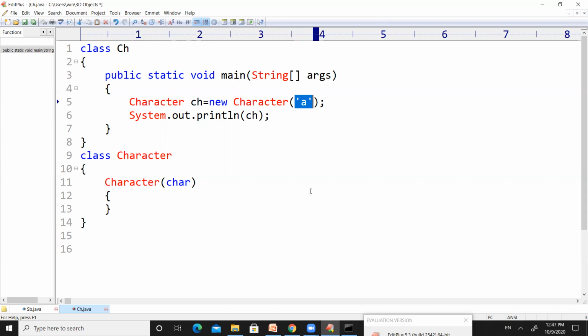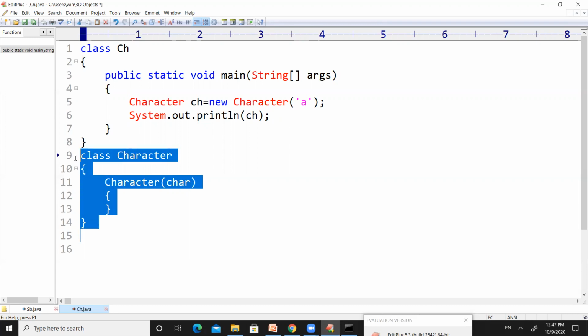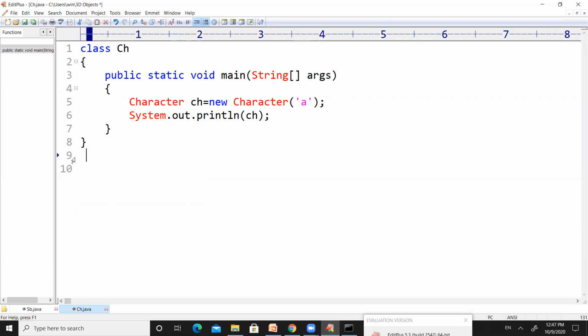Character in the sense, anything which is represented inside single quotes is called a character. For example, if I represent it like this, inside single quotes, it can be considered as a character, right? And next one, any special symbol, for example percentage, can also be considered as a character, right?